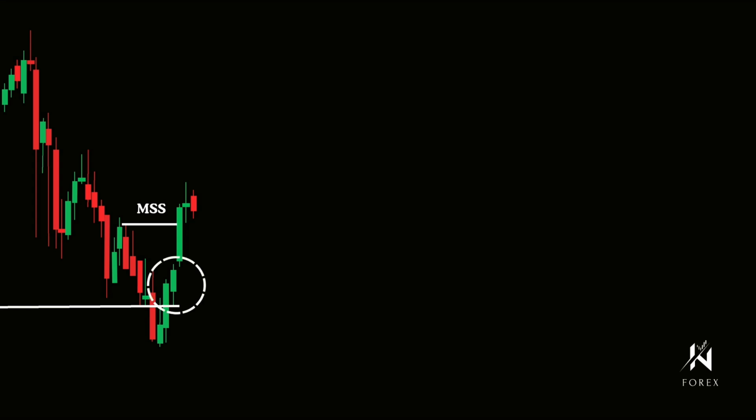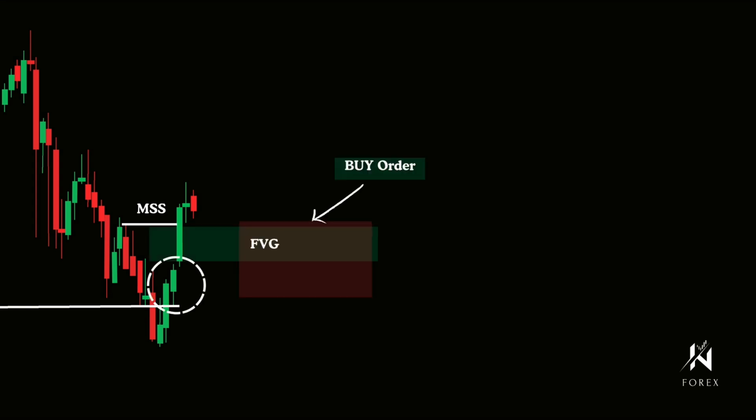But if you look a bit higher, you'll clearly notice another structure that was formed before the liquidity sweep to the downside. Now that we've identified a valid structure break or character shift, the next step is to locate the nearest lowest fair value gap around the current market level. As you can see, there's a fair value gap right here, so we position our entry at the upper boundary of this gap and place our stop loss just a few pips beneath the first candle of the gap zone